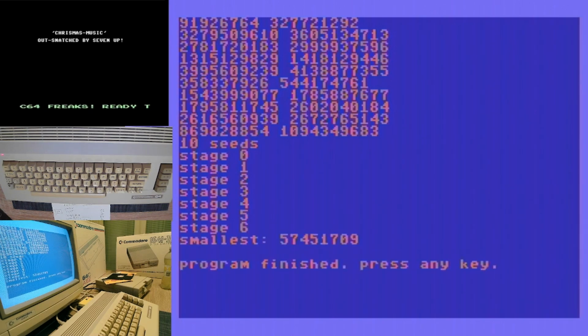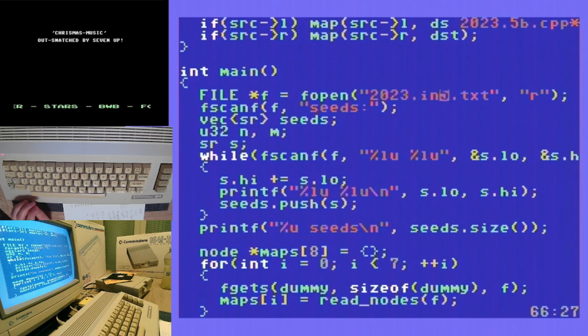Oh, you can do it. Ooh, I got a number. I got a number. I have zero confidence in this. 574, 51709. Oh, when the editor is so brittle,